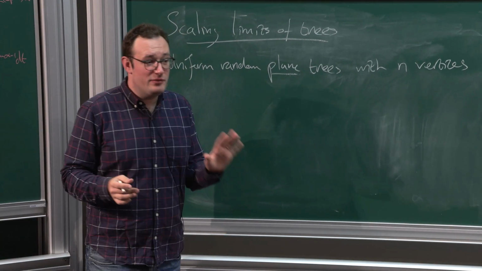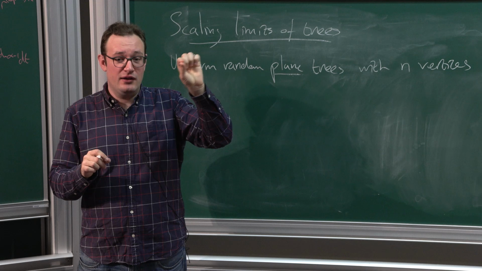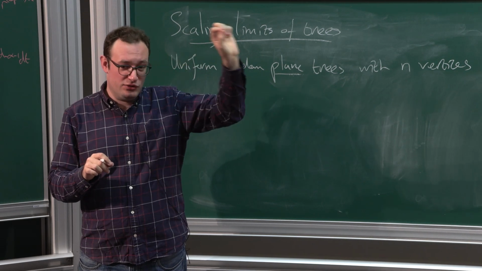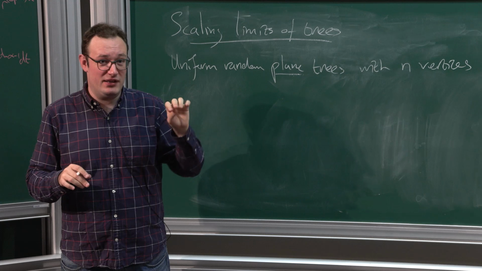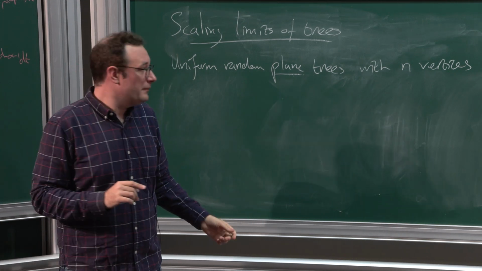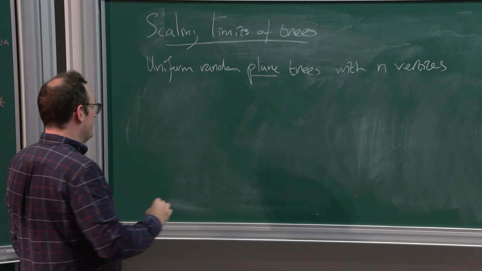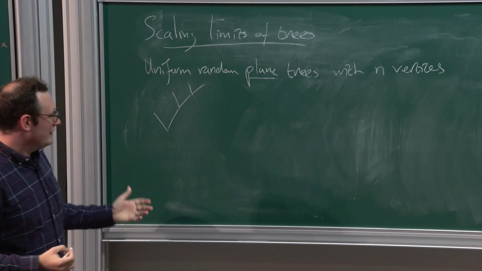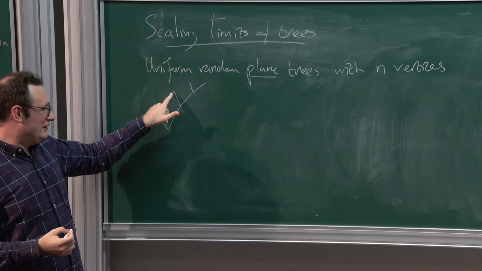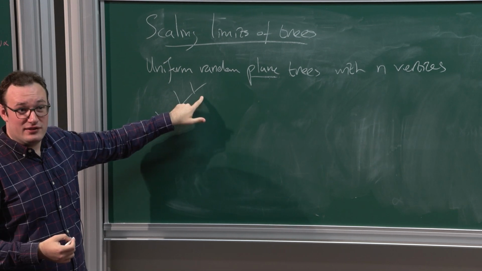Okay, so plane tree means it comes with an embedding in the plane, so you have to specify for each vertex, its children come in which order, right? So it's the combinatorial information of the embedding into the plane with a root. Okay. And so, an example would be this.